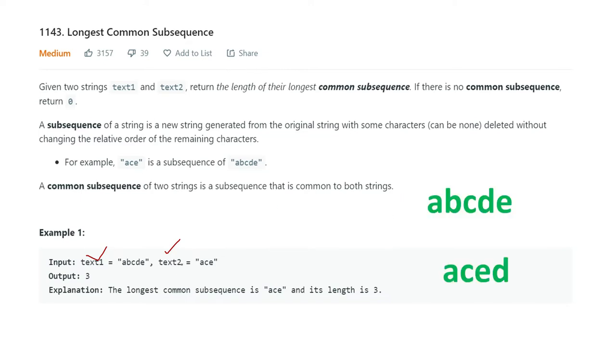So here if you take two strings, "abcde" and "aced", the longest common subsequence between them: A and A you can match here, then C and C you can match here, and D and D you can match here. E you can't take because they will not come in the same order, right? Means if you delete D or anything from here, they are not maintaining the order. Or else, instead of taking this D, you can take this E also. That time it will become ACE, the common subsequence between them. In this case, we are taking ACD as our longest common subsequence.